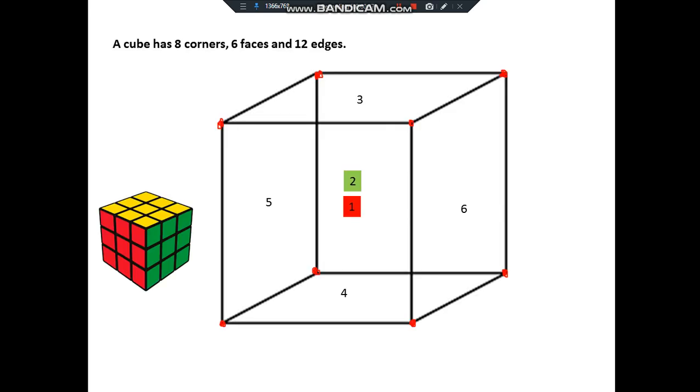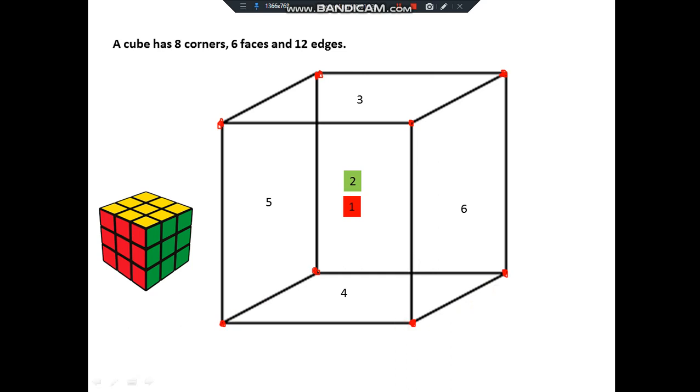So we know a cube has 6 faces. Consider yourself sitting inside a room and your room is a cube. So you have 6 faces: front, back, right, left, up and down. Then 12 edges: 4 at the top, 4 at the bottom, then 4 vertical ones. So totally 12 edges and 8 corners. This remains the same for whatever dimension of the cube it may be.